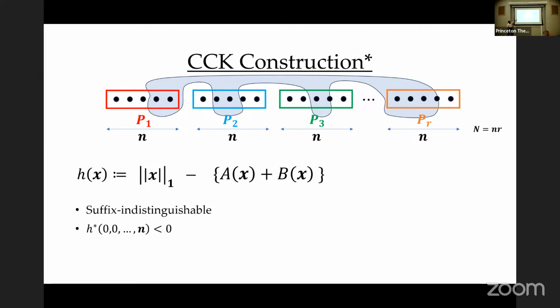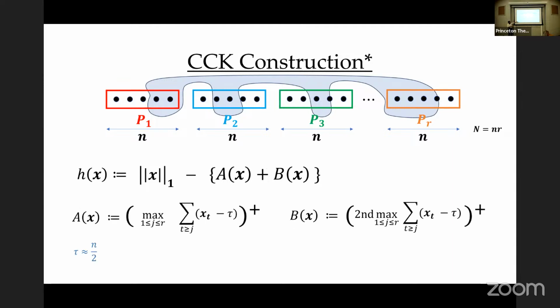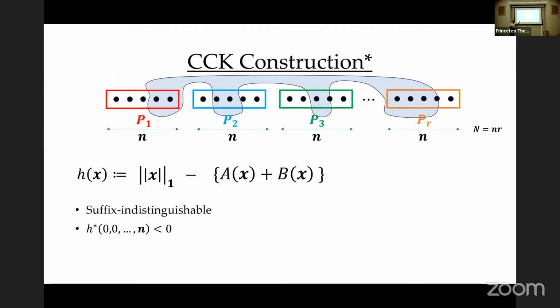So let me say one point here. The difference between H and H star was that H star behaves differently on the last part, and tau is that largeness threshold, set such that, so tau was still n by 2. But actually, if I have tau slightly less than n over 2, then as soon as I cross tau, I'll get -1, -1, -1, so this quantity becomes negative. I can choose my tau. So I want to spend a little time on some technical details, and maybe it's not fair, but I want to do it to show